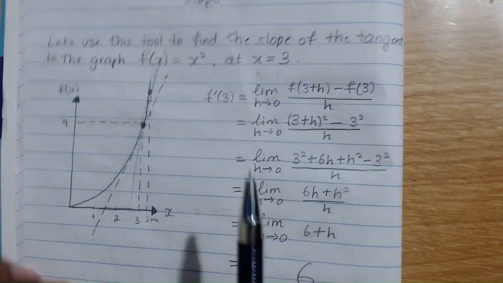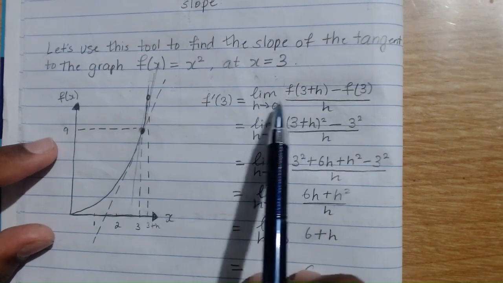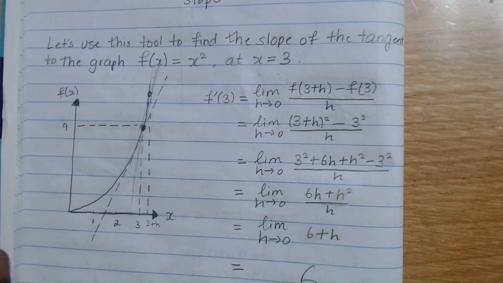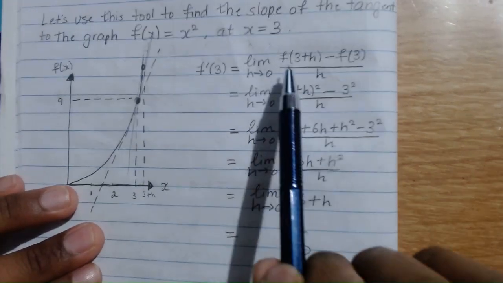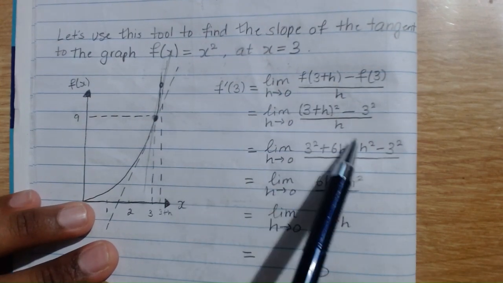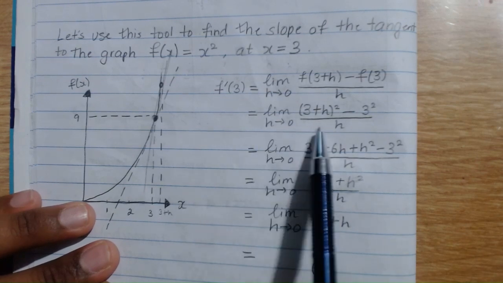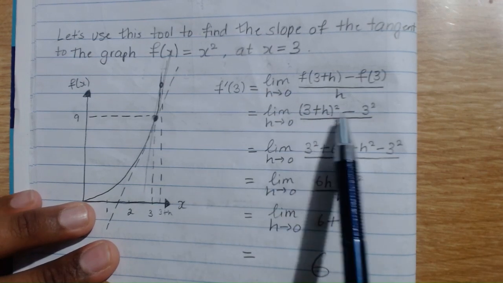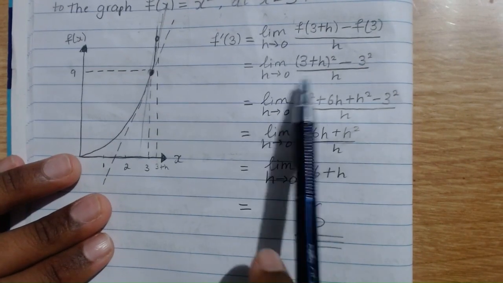And we're asking ourselves, as h becomes smaller and smaller, what is the limit as h approaches 0 of the slope? What does the slope approach? Well, f of x is equal to x squared, so we can literally just pop that function right here. F of 3 plus h is nothing but 3 plus h squared, and we're just evaluating that. So we have 3 plus h squared minus 3 squared over h, and what we're going to do is we're going to simply